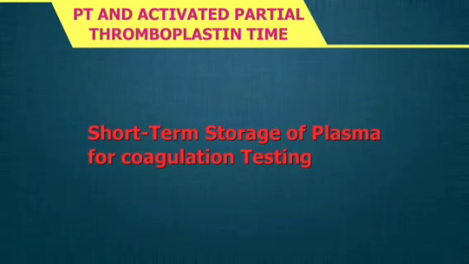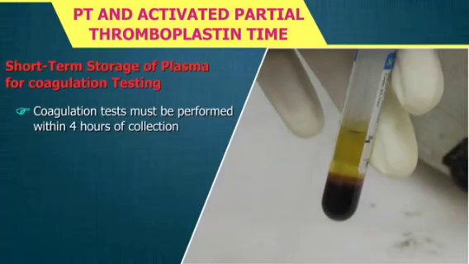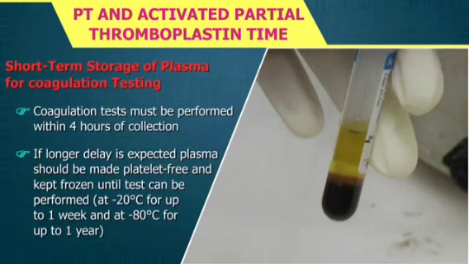Short-term storage of plasma for coagulation testing. Coagulation tests must be performed within 4 hours of collection. If a longer delay is expected, plasma should be made platelet-free and kept frozen until the test can be performed. That is, at minus 20 degrees centigrade for up